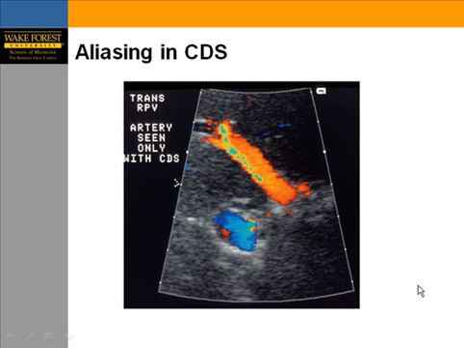Now look at this image. You have a colored Doppler image. You look at the portal vein. You see the portal vein going in the right flow, in the right direction. It's hepatopetal. But if you look at this part of the end of the vein, where the arrow is showing,